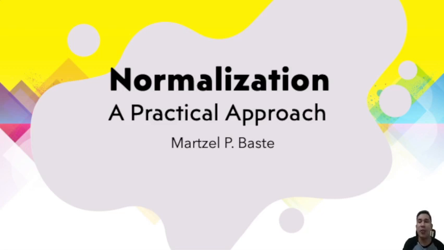Such redundancies produce update and delete anomalies that make data integrity problems. And the loss of data or the loss of data integrity can actually destroy the usefulness of data within our